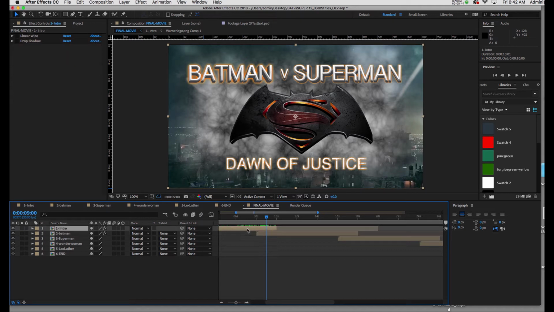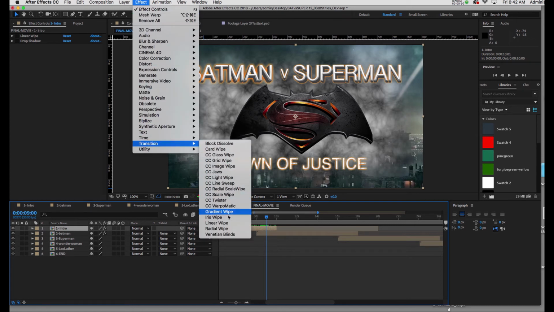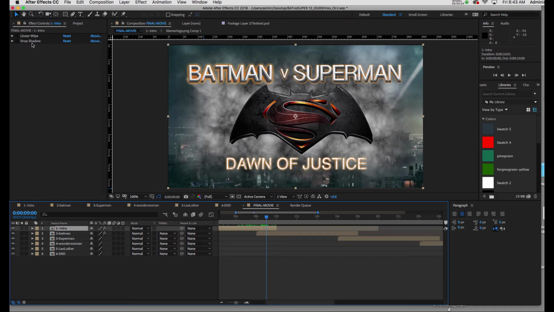So with the top one selected, I'm going to go to Effects, Transitions, and I'm going to choose the linear wipe for this. And when I introduce it, it will show up in the upper left-hand corner where the project tab had been previously. So I will open that up,